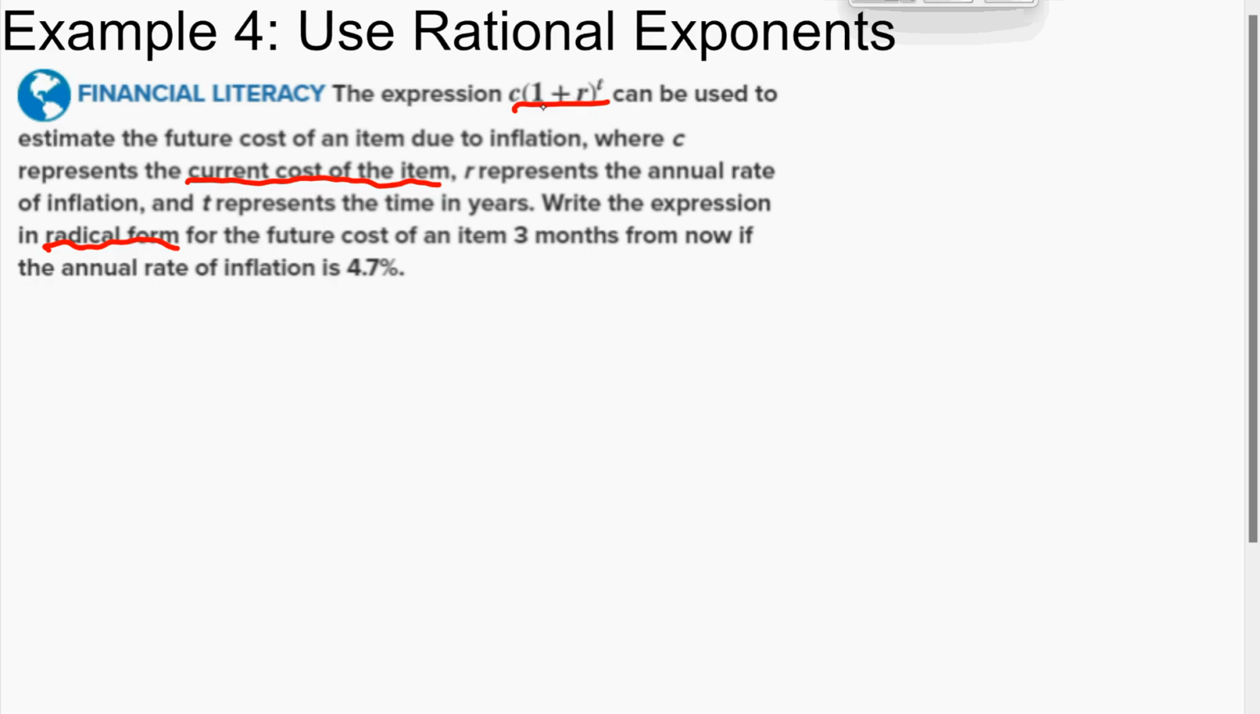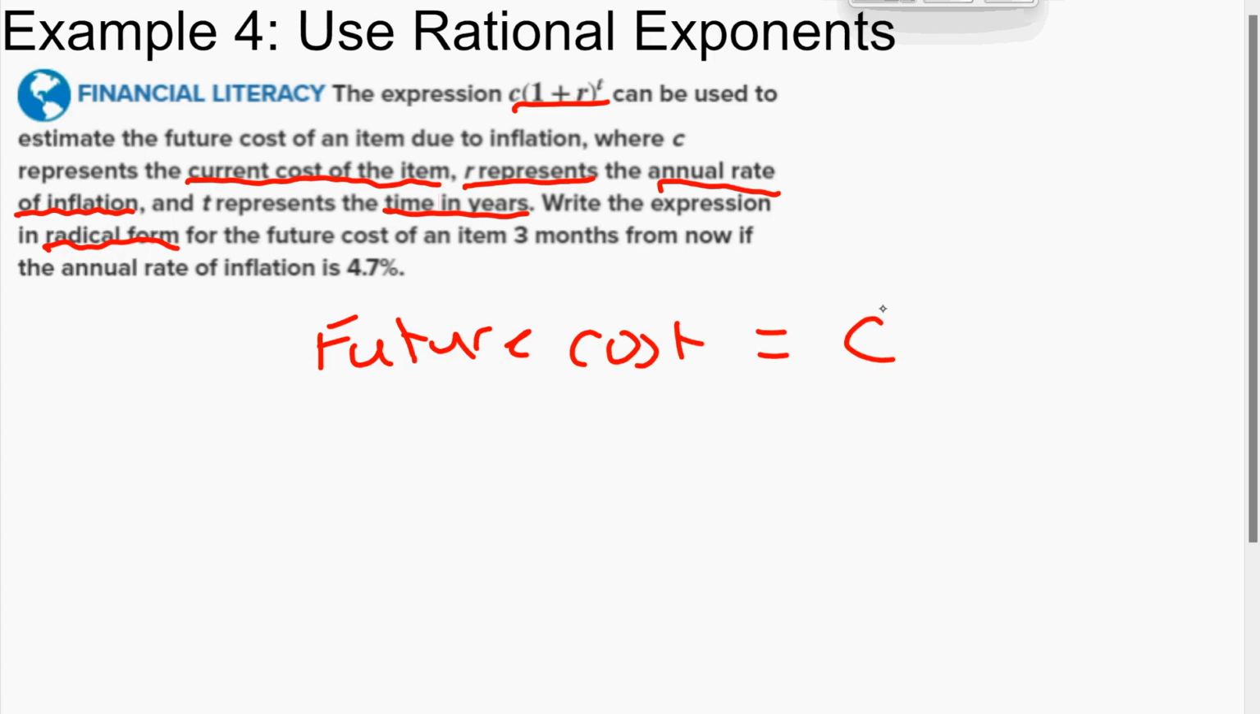And times the quantity 1 plus R, where R represents the annual rate of inflation, okay? And then that's raised to T, where T is representing time in years. And this expression can be used to estimate the future cost of an item due to inflation. Okay, so this is basically the future cost. Future cost is equal to the original cost times the quantity 1 plus the rate of inflation raised to T